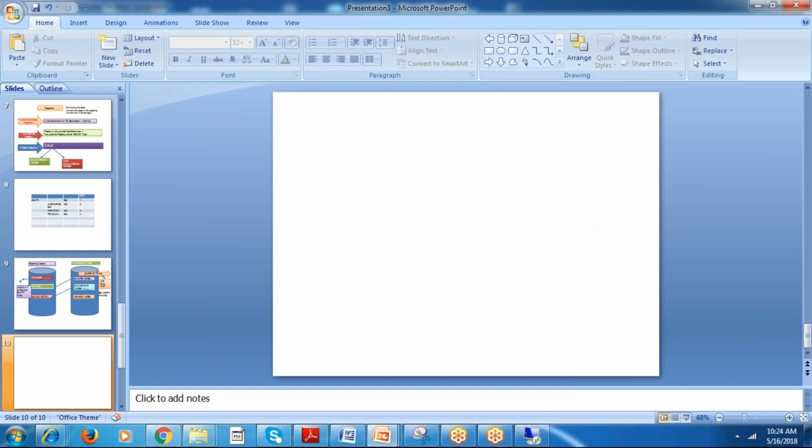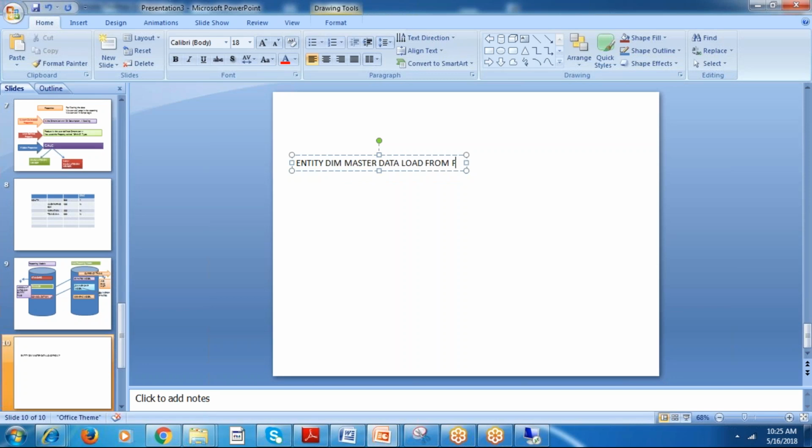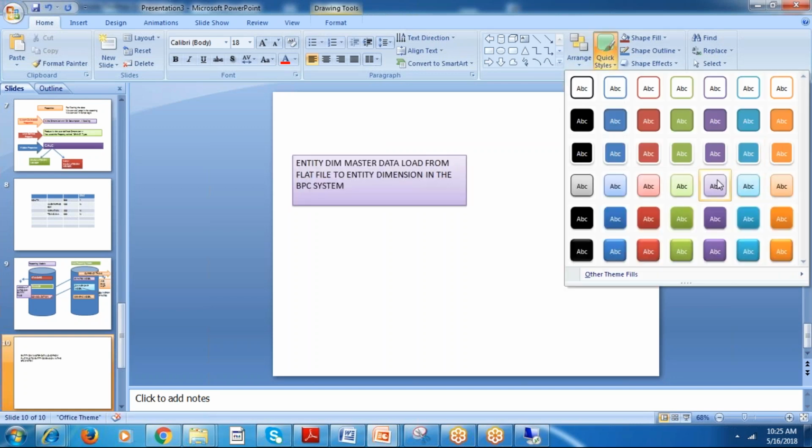I'll keep some information in this flat file, like entity dimension master data, and load it from the flat file to the entity dimension in the BPC system. So we'll perform this task in the model.